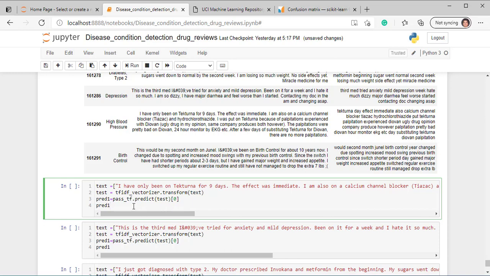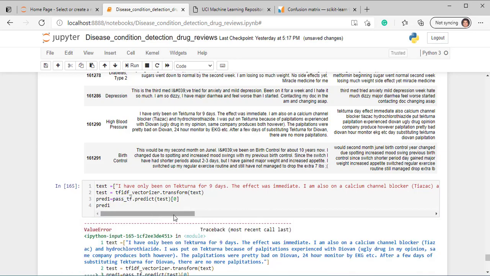Okay, because it returns in the form of an array, so you have to pass 0, and 0 will always be the prediction. So that's why I told you that in deployment settings what you basically need is this TF-IDF vectorizer and this past TF, else you will handle it in the front end, because in the front end through text boxes you can retain this text value. Okay, but these two are required. You can use any library, Joblib or anything, and just load your TF-IDF vectorizer and your model, and do the predictions. So let's see how it will predict.